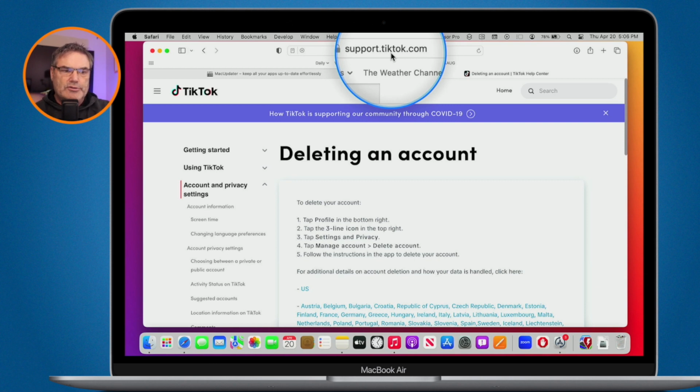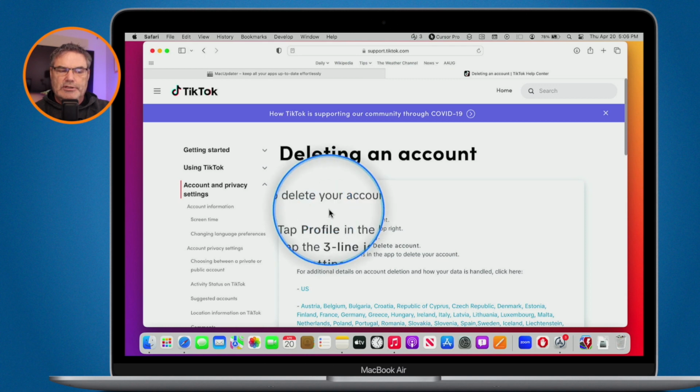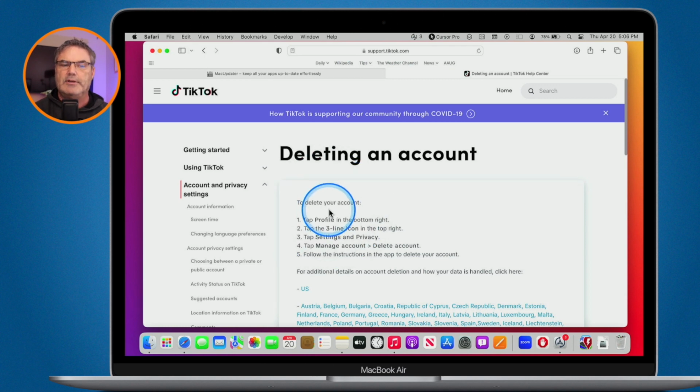But basically what you have to do is go over to supporttiktok.com and then follow the steps to delete your account. So delete the app if you're on the iPhone and iPad, and on the Mac, you'll delete the account. Once you delete that account, then TikTok no longer has any information about you.